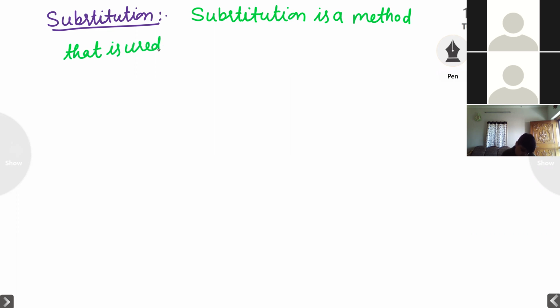Substitution is a method that is used to find the number value of an algebraic expression